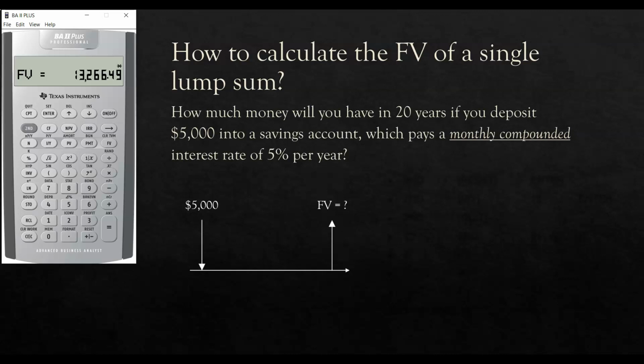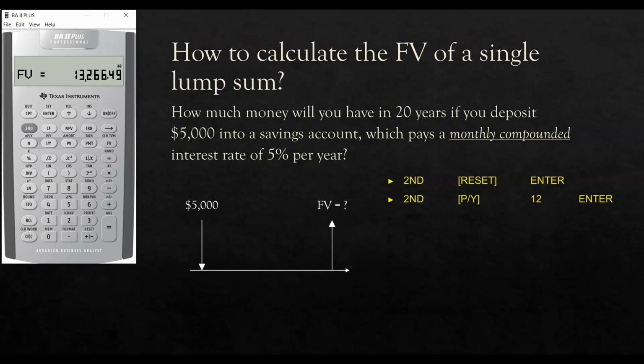If you have monthly compounding, again, we're looking at investing $5,000. We're looking at earning 5% a year for 20 years. But in this case, we do have monthly compounding. So to do that, number one, again, we have to clear the memory of the financial calculator. You already know how to do that. Second, reset and enter. And then if you have monthly compounding, then you have to set the P/Y in your